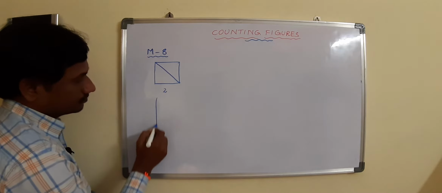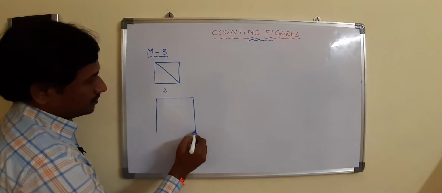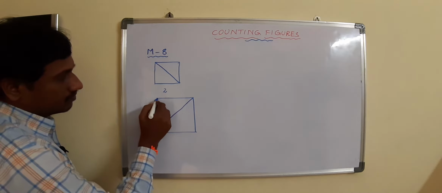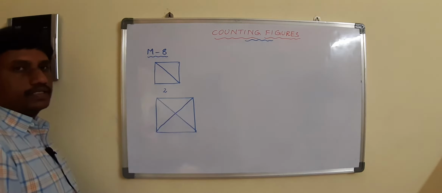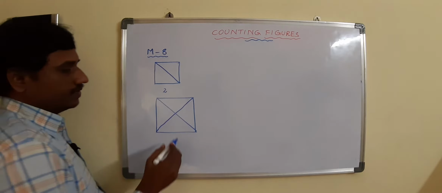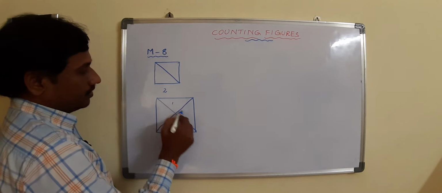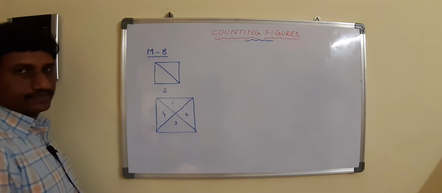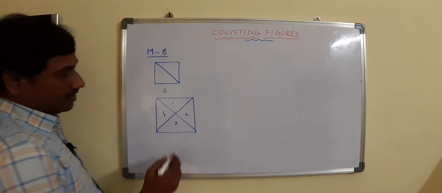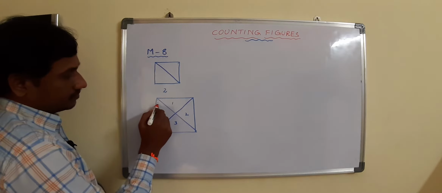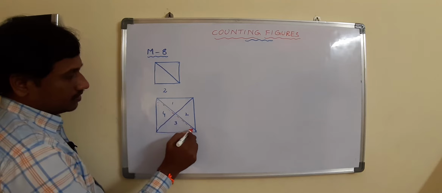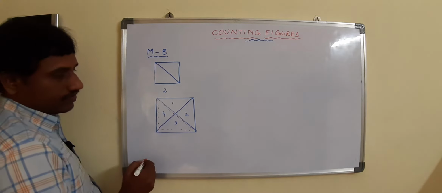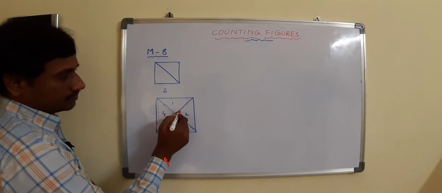Suppose the same square, if they divide like this, now how many total triangles do we have? How many? 1, 2, 3, 4. That's it? No, just observe. If you take this diagonal here, this diagonal and this one, 4 plus 1, 5. Similarly with this diagonal,